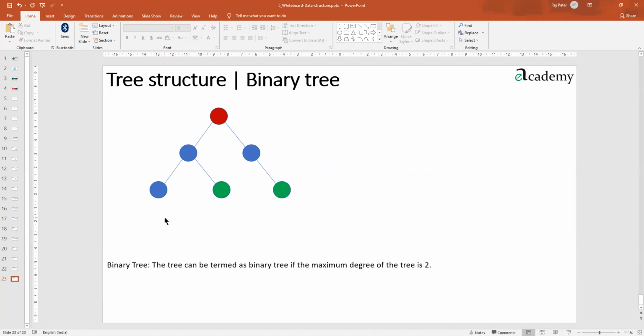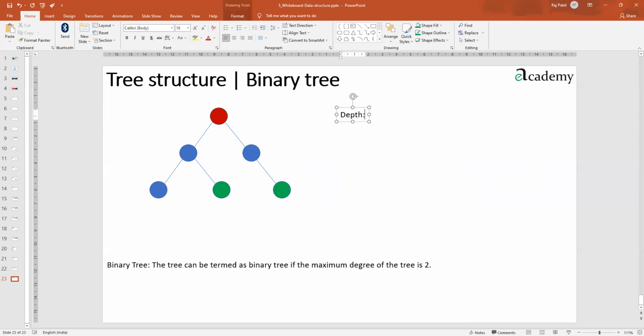Is this a binary tree? Yes. So if this binary tree has some depth, what is your answer? I can write down here how much is the depth in this tree. Depth is visible as 1, 2 and 3, right? Depth or the height is the total number of levels. That's easy, right?